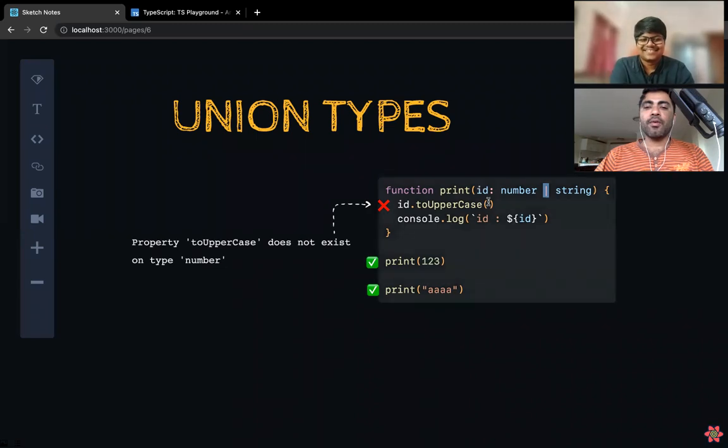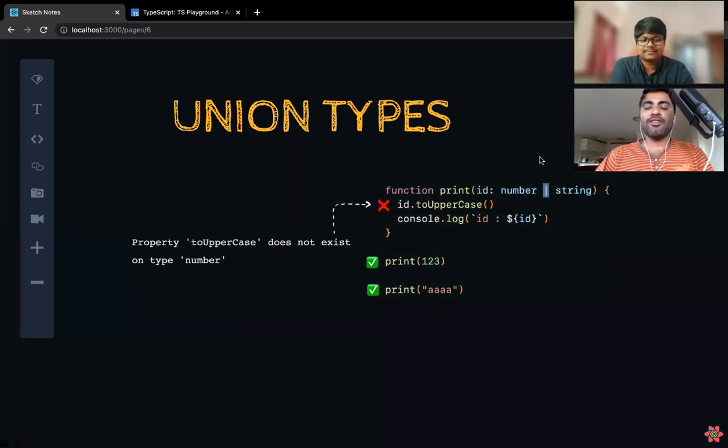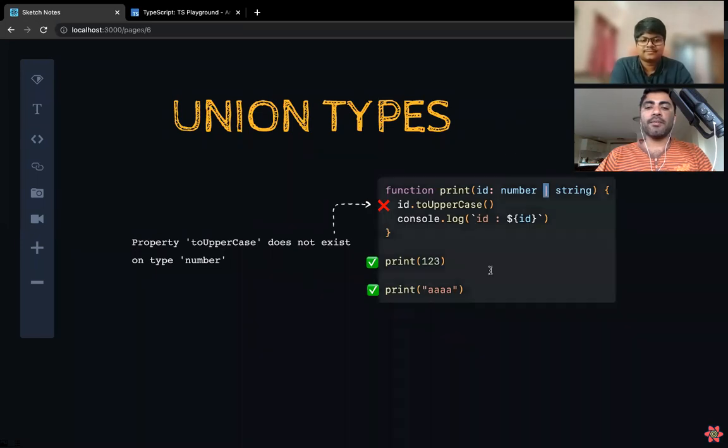Yeah. So in the last video we've seen very primitive types like number and string, but we can specify the attributes of both types as well. Number or string; "and" is not possible anyway, there is no such type as and. Basically it is saying that if we give this union operator separated by the pipe symbol, you can pass a number or a string. For this example below, print 1, 2, 3, we can pass, or print a string you can pass. It won't complain to you.